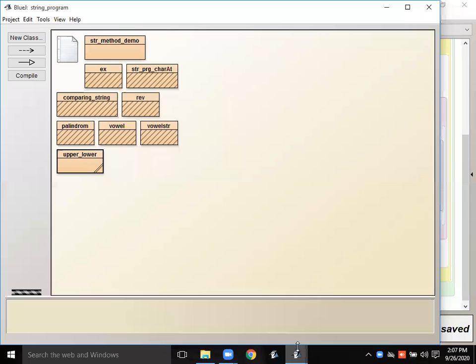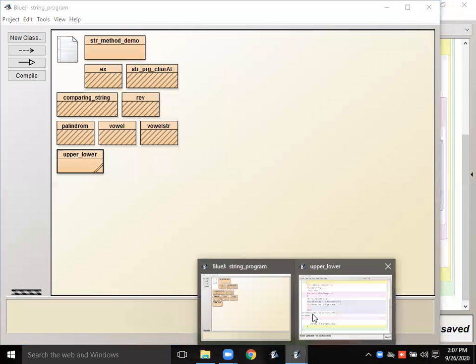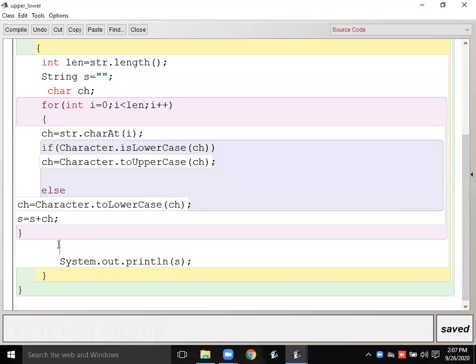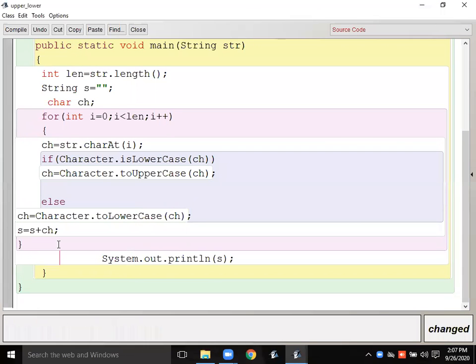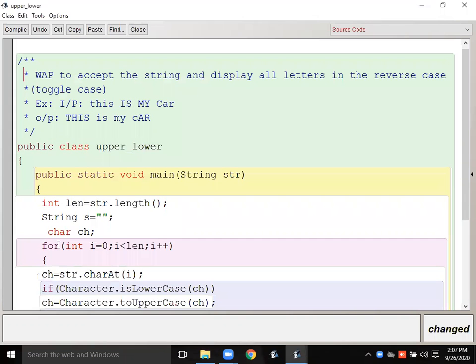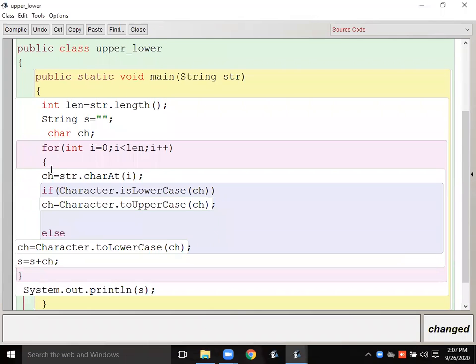See what's happening in this program. What we are doing. In this program, according to this question, I have to fetch each character and then I have to check each character. So each letter I'm going to fetch here, till the length. Then I'm checking.